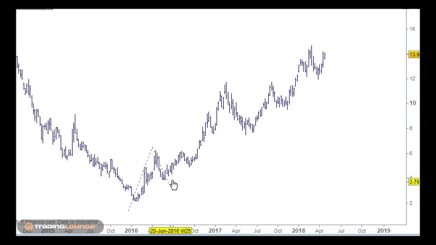This is the weekly chart here. So this is wave 3 here. Then we have wave 4 here, pulling back to wave 4 of one lesser degree, or the 38.2% retracement level. And then to the upside here, we can look at this